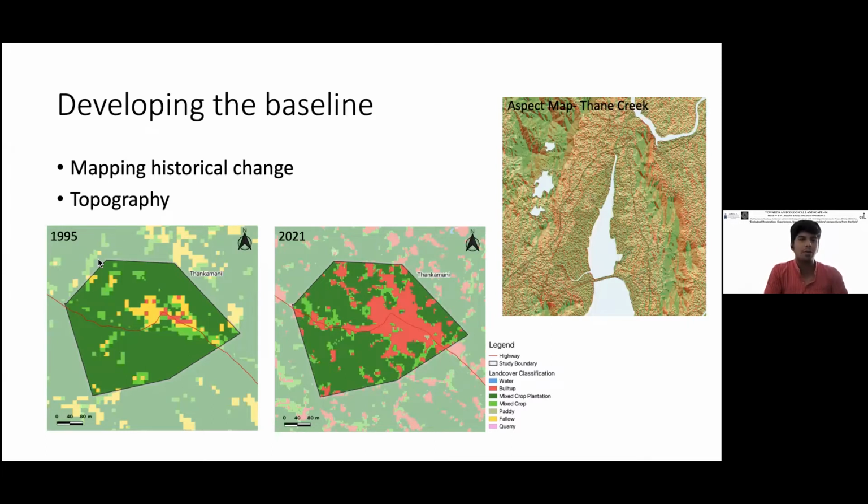But as you move on to 2021, you can see how the built-up area has shot up, and most of the agricultural land has actually transferred on to becoming a mixed crop plantation. When we discuss these maps with people on field, they also gave more information with respect to how the change had happened. A lot of places the paddy cultivation had stopped, and they had moved on to say larger plantations. So these kind of things probably won't come up when you're doing remote sensing with just looking at the satellite imaging. So it's extremely important to go on field and collect information.